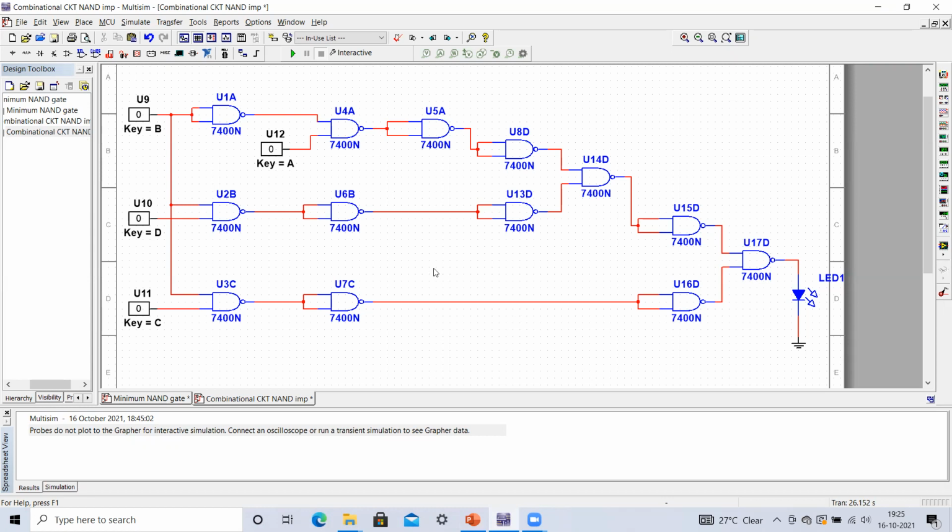Here you can see that we have one NAND gate, and then again we are having another NAND gate. So if the input to this NAND gate, this particular inverter, and another inverter is at this point. So let us say the input to this inverter is A dot B bar.